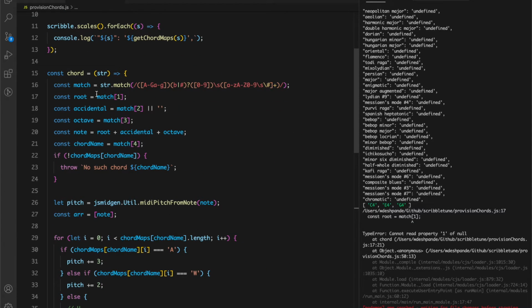So we'll start by updating this regular expression for chords, because this regular expression that we have over here is expecting something like C4 space and then either major, minor, harmonic major, harmonic minor. It's expecting that kind of a pattern, but when it comes to chords the names are slightly different.